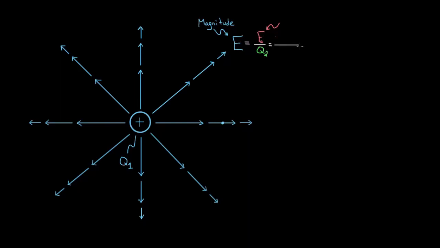Coulomb's law says that the electric force between two charges is going to be K, the electric constant, which is always 9 times 10 to the 9th, multiplied by Q1, the first charge that's interacting, and that'd be this Q1 over here, multiplied by Q2, the other charge interacting, divided by the center-to-center distance between them squared. And then because we're finding the electric field in here, we're dividing by Q2. So notice what happens here. Q2 is canceling, and we get that the magnitude of the electric field is going to be equal to K,